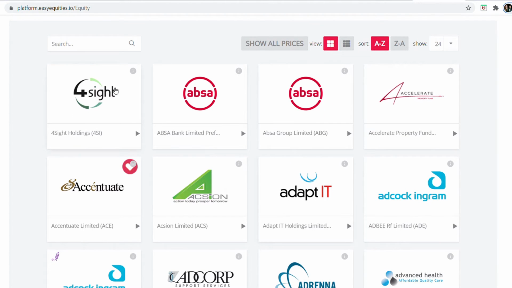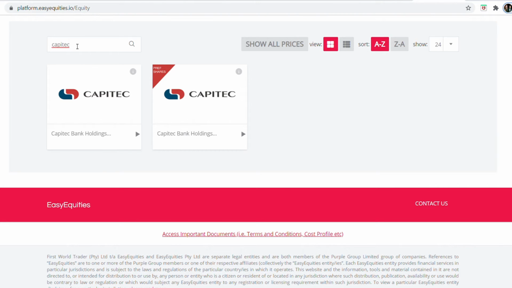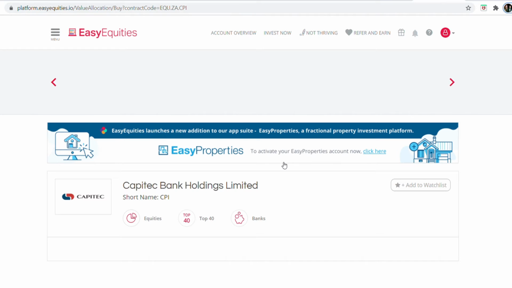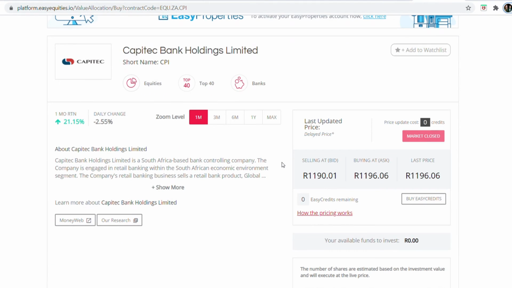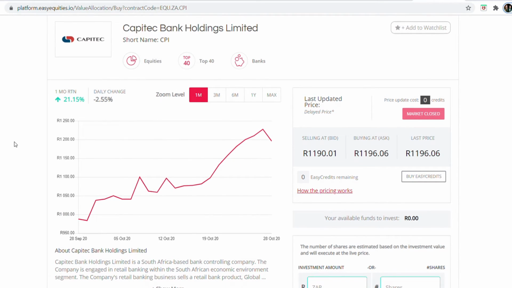Now, the quick way to find a company you want to invest in, come in here in the search bar. Let's type in Capitec. And we want to look at their ordinary normal shares, not their preference shares. So we'll click on this tile here. Once we've done that, the following page will pop up. And as you can see here, they give us a nice chart showing us the share price performance over the